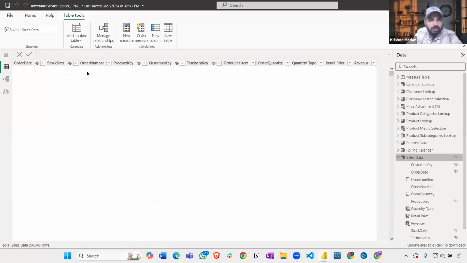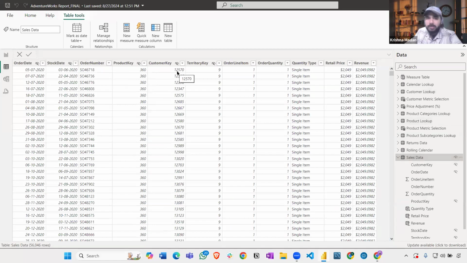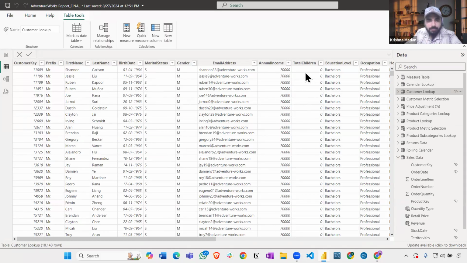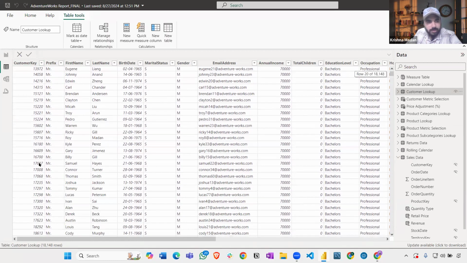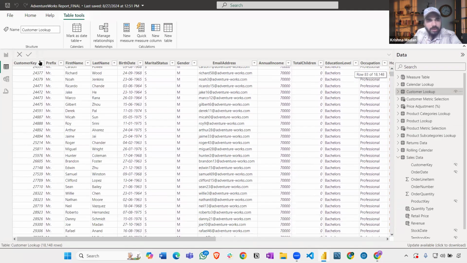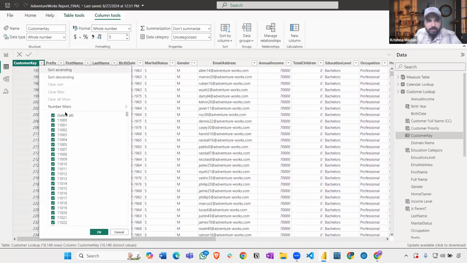And if I go back to this 360, I get to know buyer, who has purchased this. Just having a customer key, I get all the information, 12570. So can I go to 12570 where we have customer key 12570. I need to search, but it's not that difficult. You can just apply a filter over here and